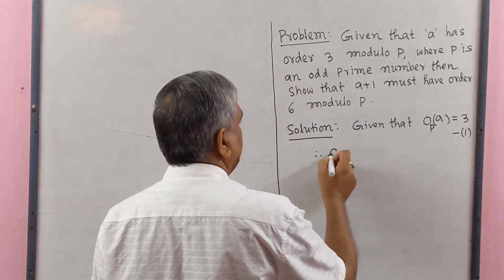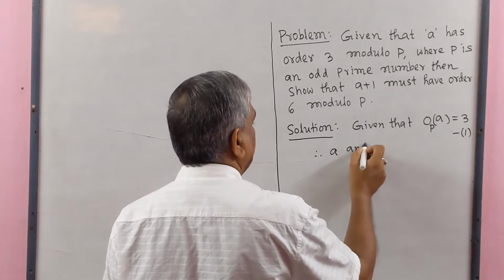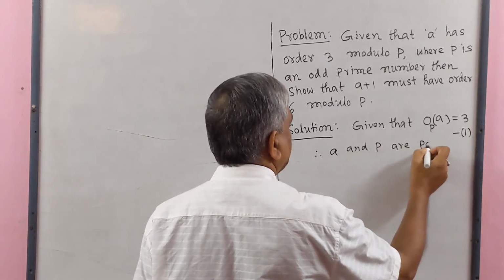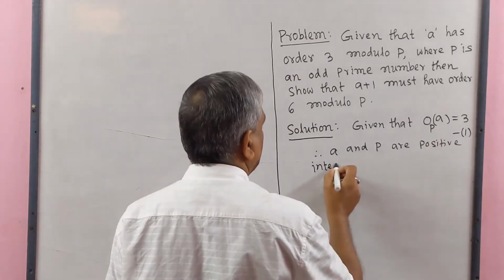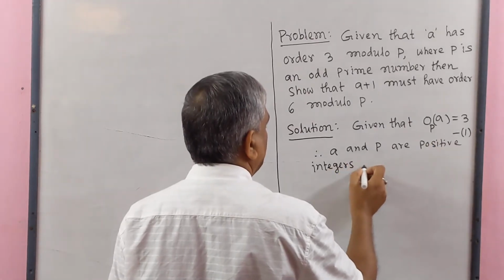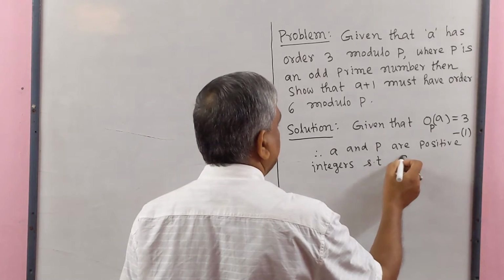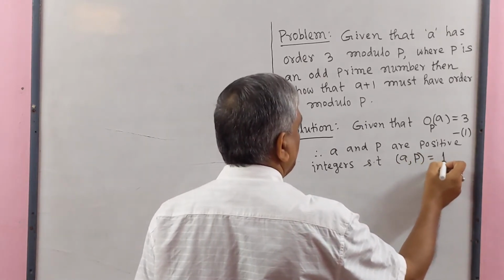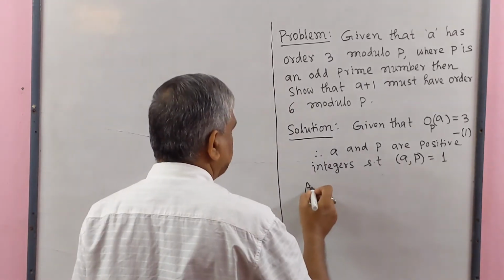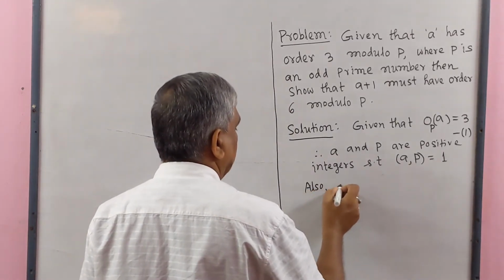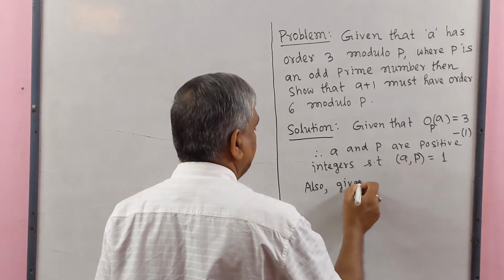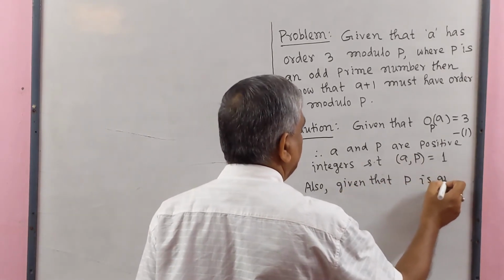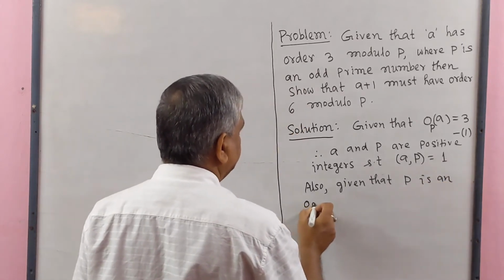Therefore, a and p are positive integers such that GCD of a and p equal to 1. Also, given that p is an odd prime,